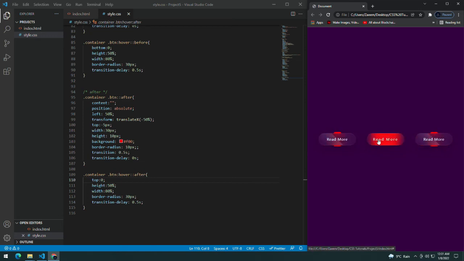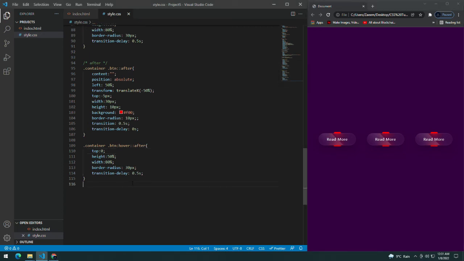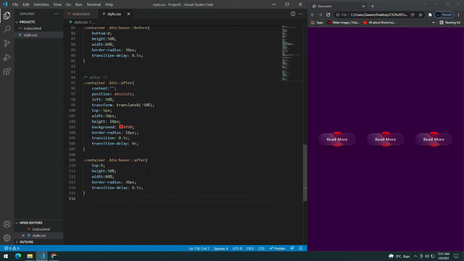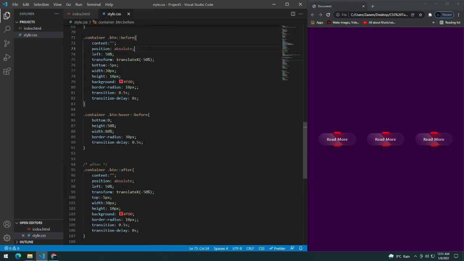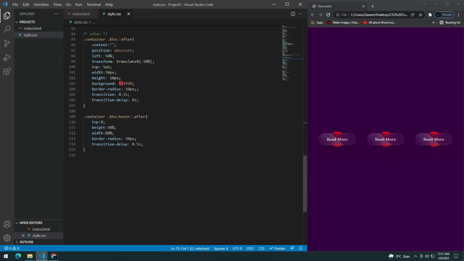Okay. Now basically there were 3 Read More buttons in the index.html file. I will copy this, and there are 3, so I can use 3 children.